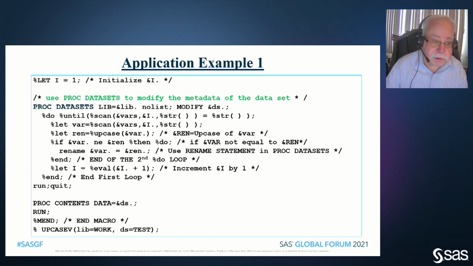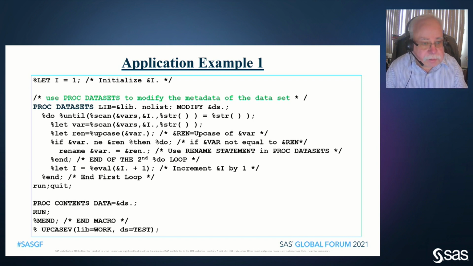And then I'm using the macro function, but I want to do this until the scan of the macro function is going to end up just being blank. And then I want to create a new variable called var, which is a single variable we're pulling out each time we're processing using the scan function. So the var is going to be the scan of the macro variable vars, and we're setting it up initially as being the first variable, and the str parentheses is a way of saying it's going to be a blank. Oh, that's the delimiter here.